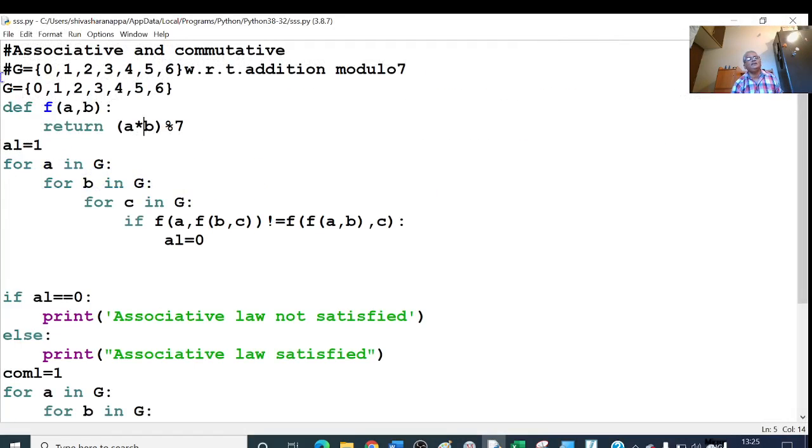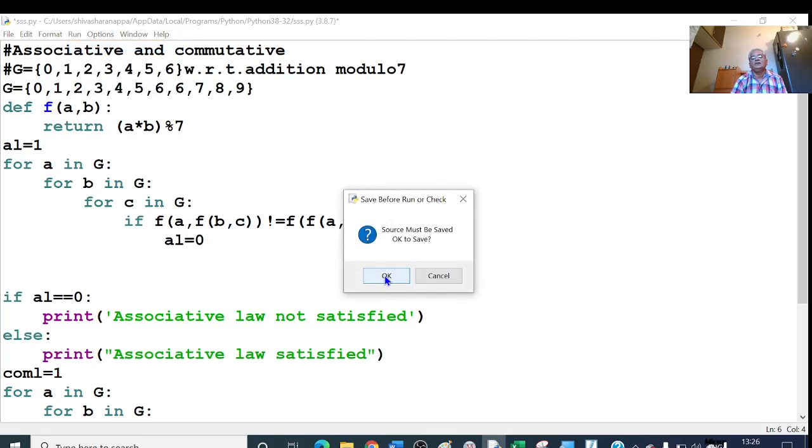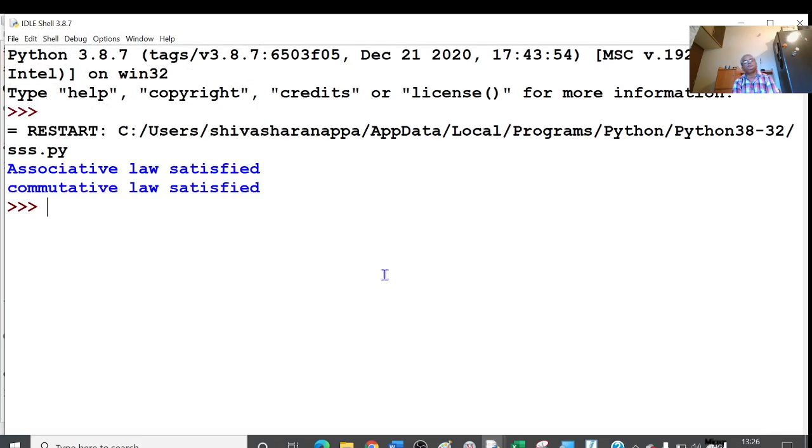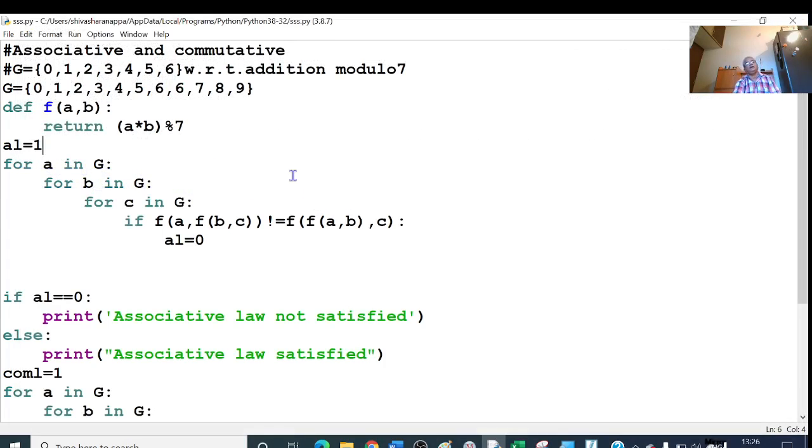And here you can change the set, 5, 6, 7, 8, 9. These two properties, associativity and commutativity, depend on the operation, not on the set. Again, if I run, both are satisfied. Associative law satisfied.